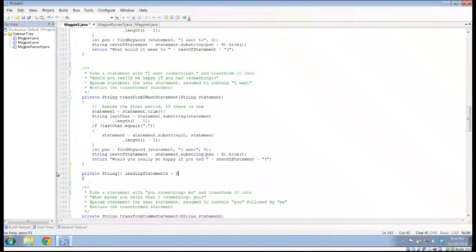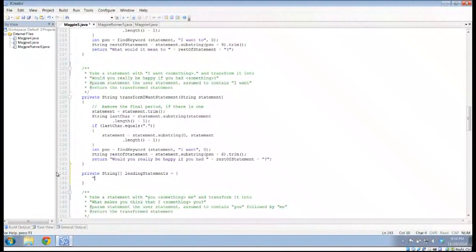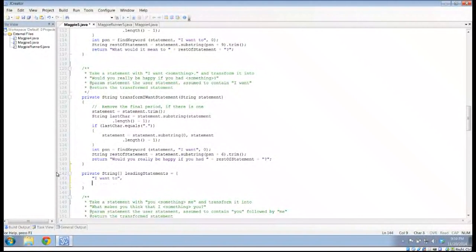And I'm going to set it equal to "I want 2", and "I want", semicolon. So now I've got this array here, which is my leading statements, and I can do